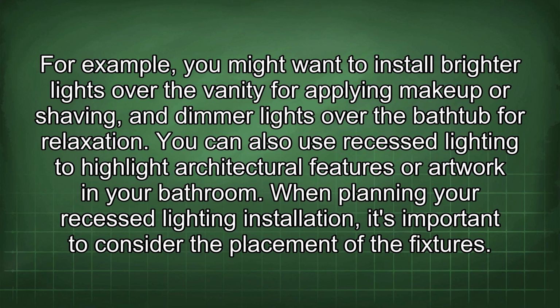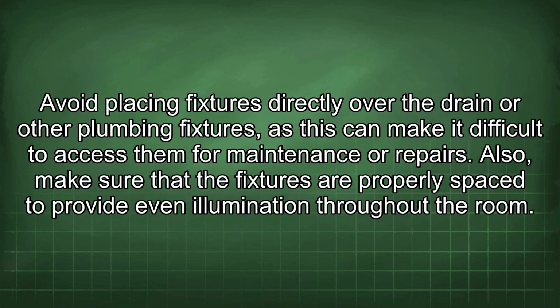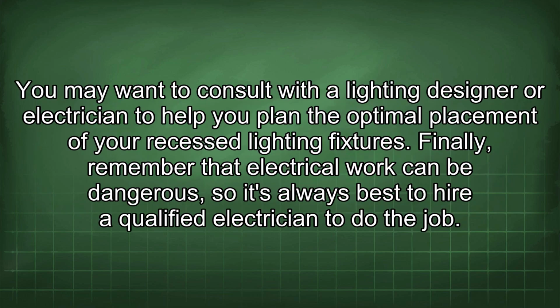When planning your recessed lighting installation, it's important to consider the placement of the fixtures. Avoid placing fixtures directly over the drain or other plumbing fixtures, as this can make it difficult to access them for maintenance or repairs. Also, make sure that the fixtures are properly spaced to provide even illumination throughout the room. You may want to consult with a lighting designer or electrician to help you plan the optimal placement of your